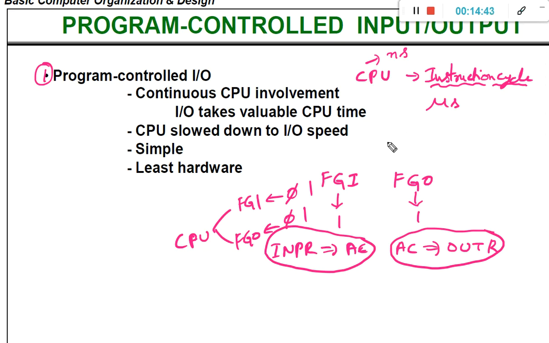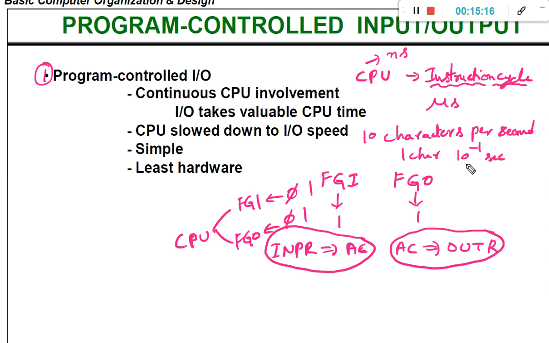For example, when we give input, the fastest way is to type around 10 characters per second. So we can type one character in 10 power minus 1 of a second.